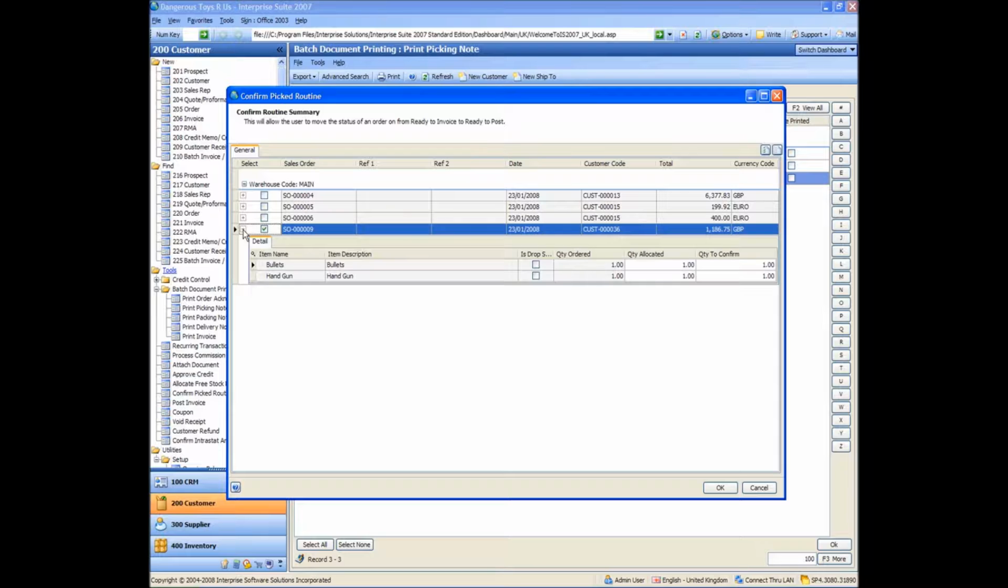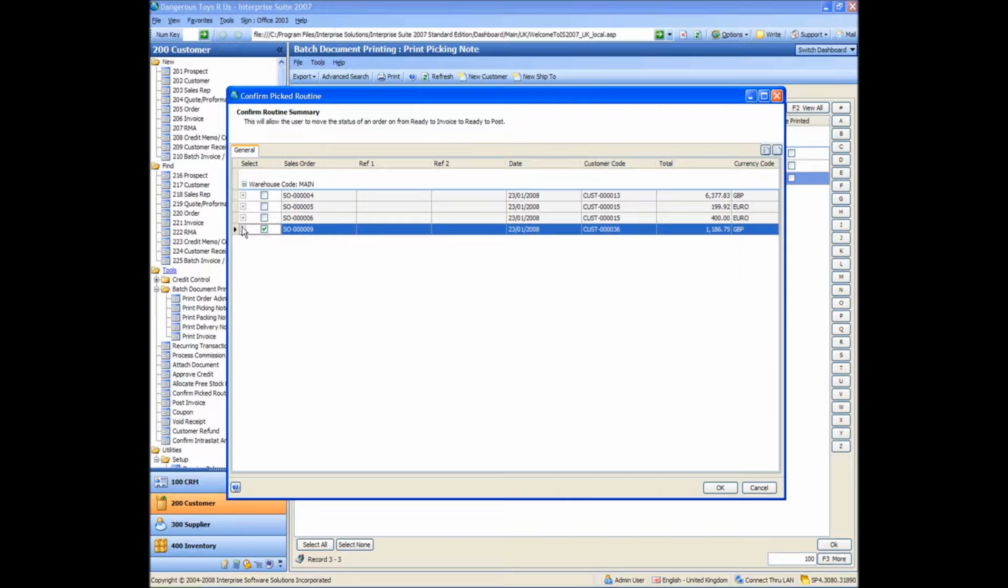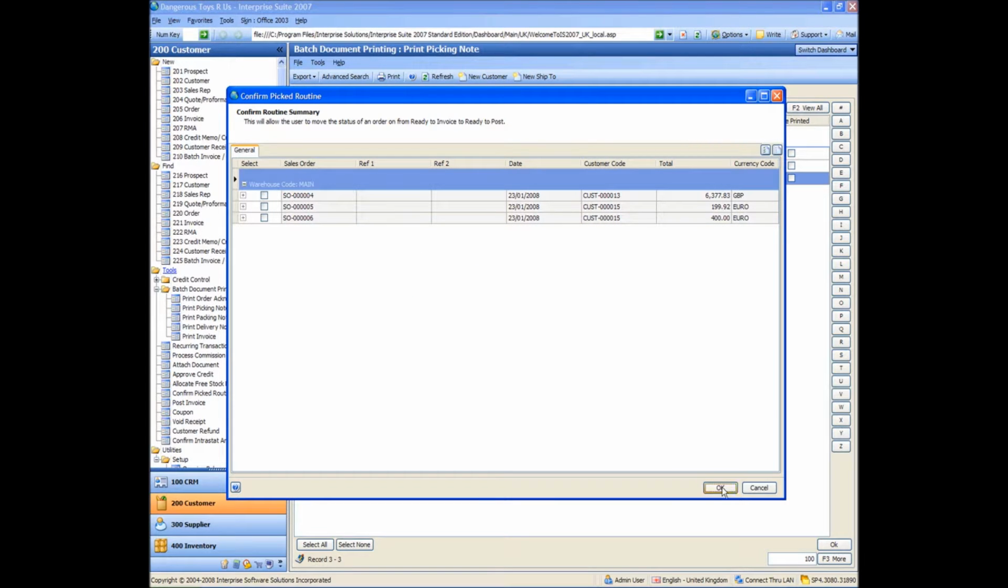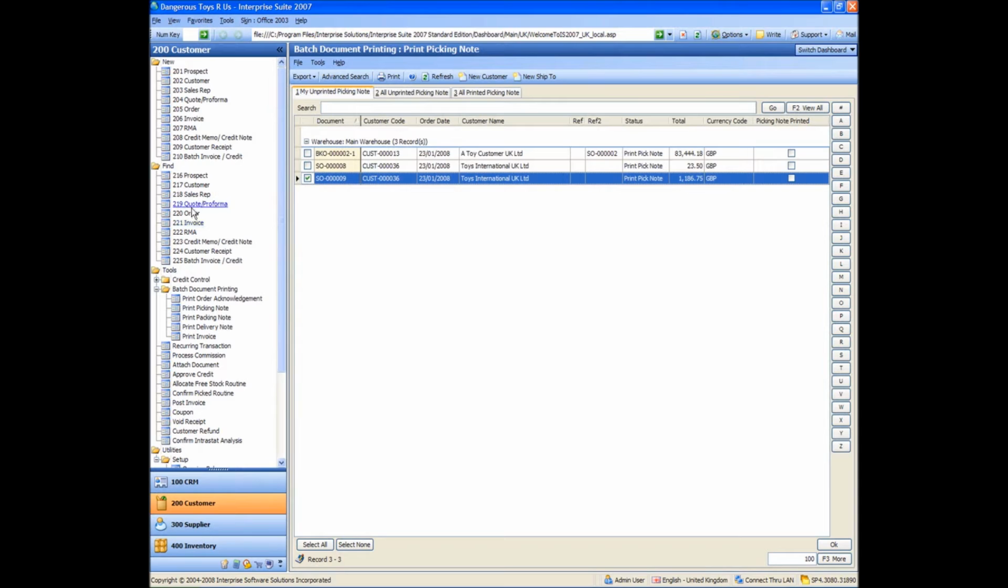So if I click the little plus button next to that, I can see exactly what goes into making this sales order. So I've got it ticked. I'm going to OK it. It says, are you sure you want to confirm? Yes. That order now disappears from the list. And if I now go into find invoice,